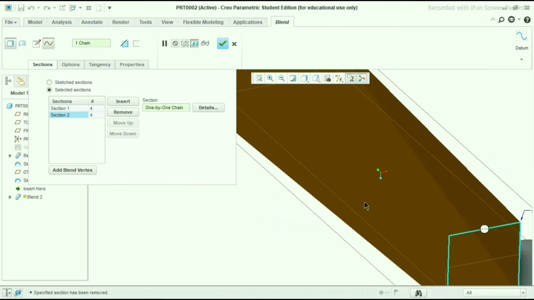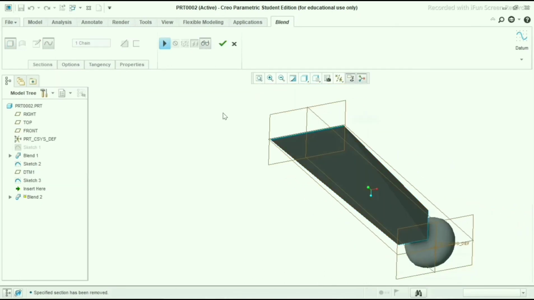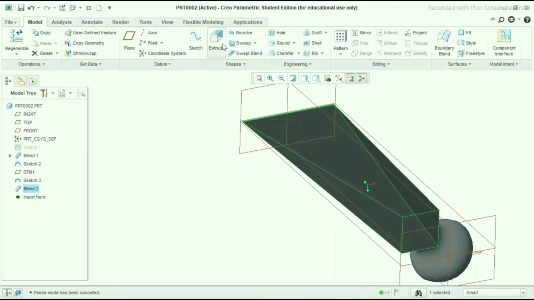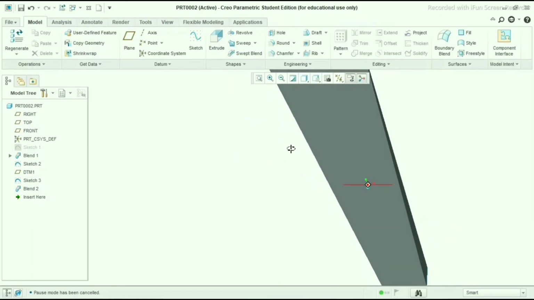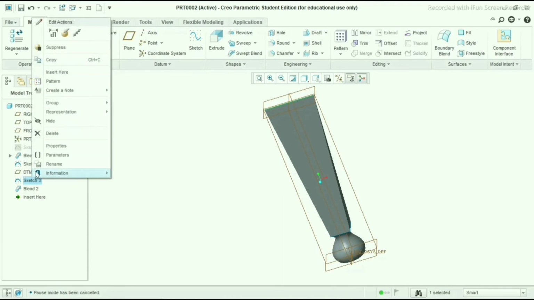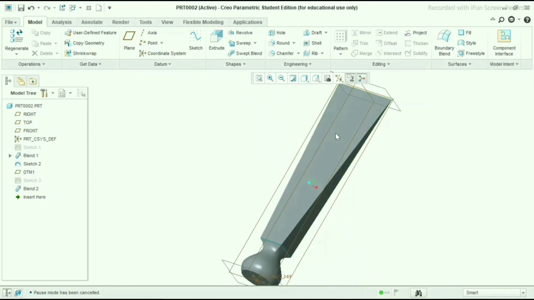As you can see the preview of it. Again I will show you this. And simply click OK. So our model has completed.